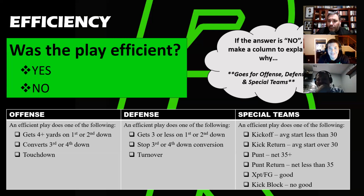Same deal. If we called 8 of them and it had 1 out of 8 efficient, then that blitz sucks. Quit calling it, even if it looks good in practice, even if we hit the quarterback. If it's 6 out of 8, you're like, that's pretty good. Right. So I just felt like it gave us something, and here's the thing about the analytics, because I do agree, this is kind of where it is, but let's not